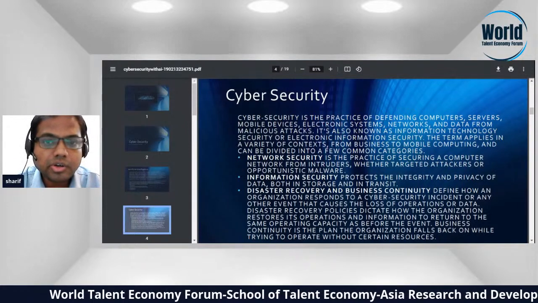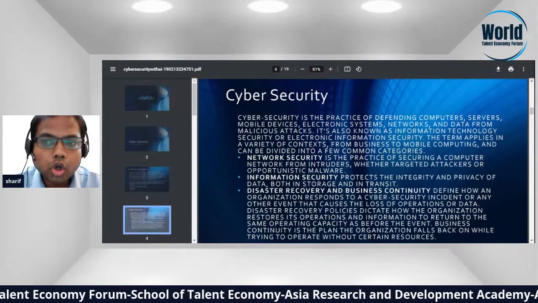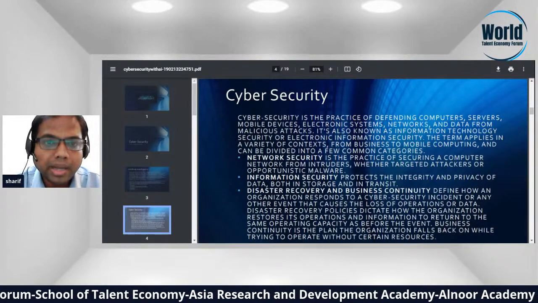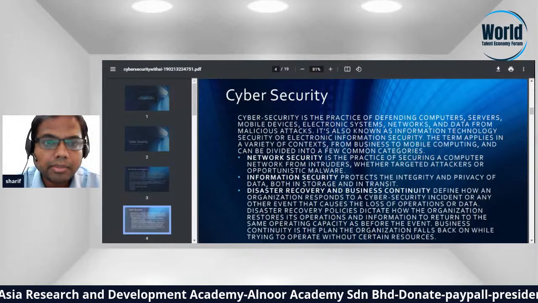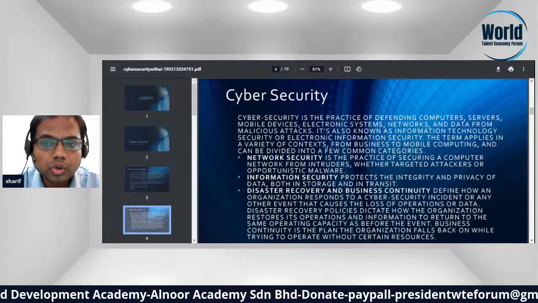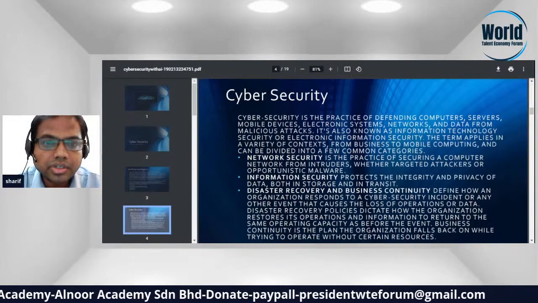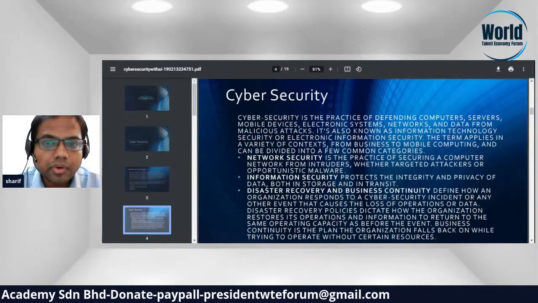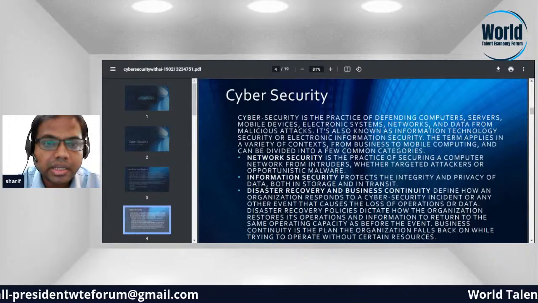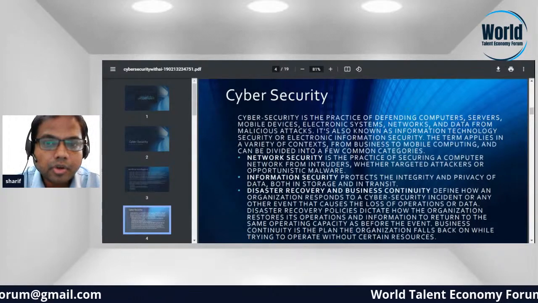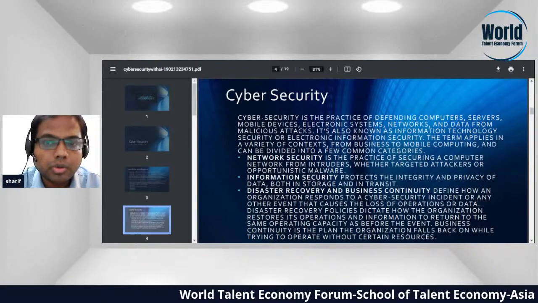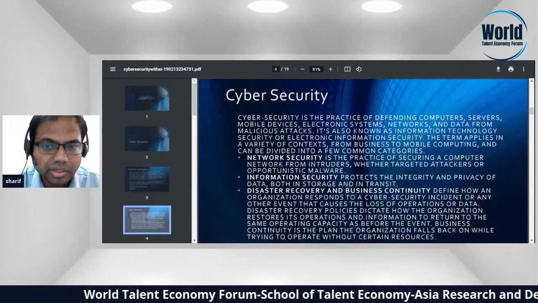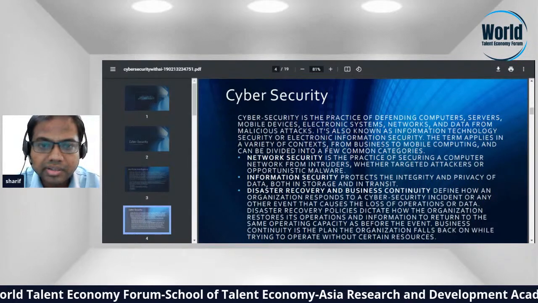Cybersecurity. Cybersecurity is the practice of defending computers, servers, mobile devices, electronic systems, networks, and data from malicious attacks. It's also known as information technology security or electronic information security. The term applies in a variety of contexts, from business to mobile computing, and can be divided into a few common categories. Network security is the practice of securing a computer network